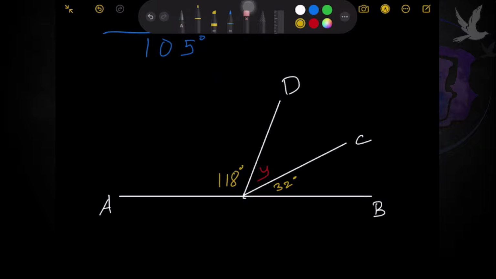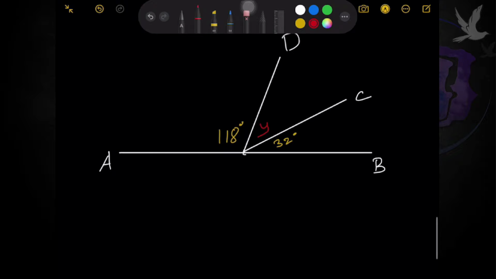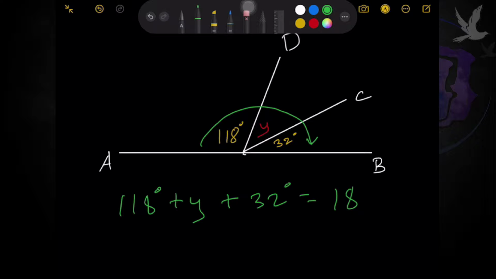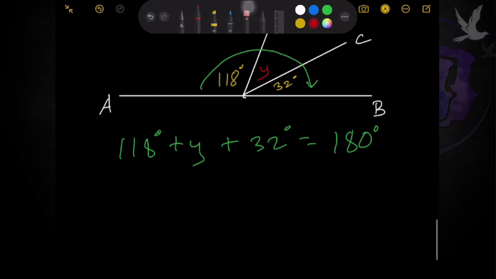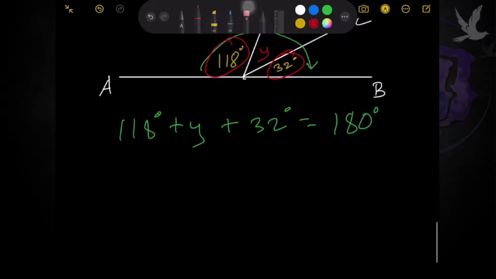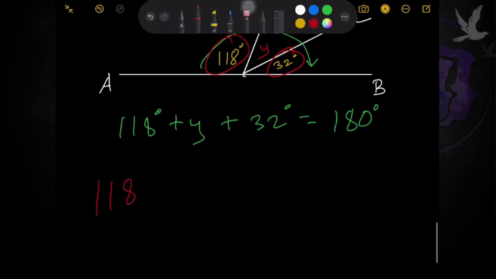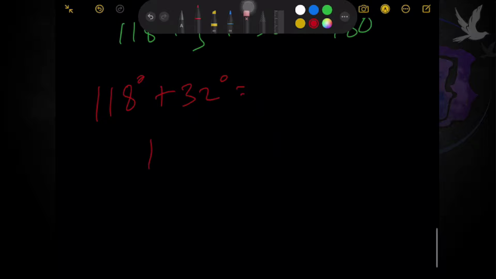Now, how do you solve for Y? Again, knowing that if you add all these three angles, which means that's 118 degrees, plus your Y, plus your 32 degrees, it should give you a total of 180 degrees. Now, to solve for Y, all you need to do first is to add the two given angles, which is 118 plus 32 degrees. Okay, so that's 118 plus 32 will give us 150